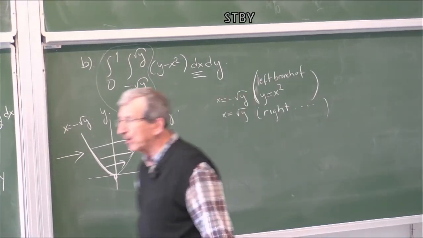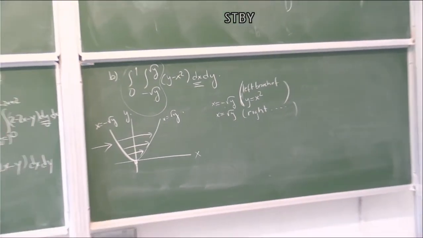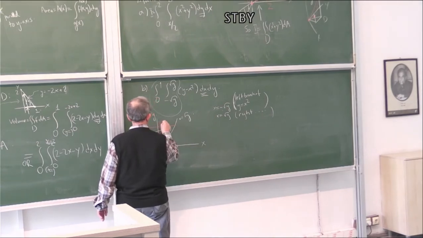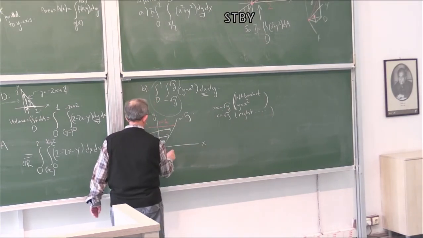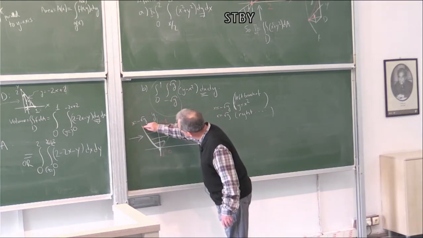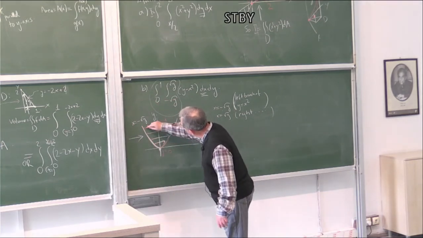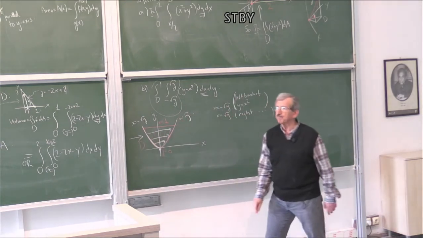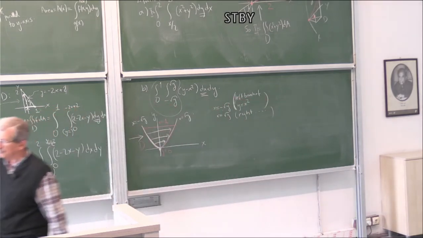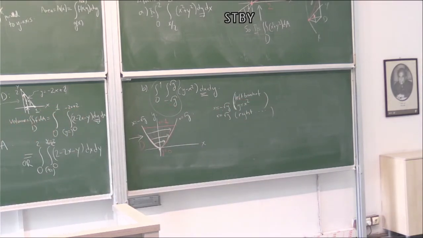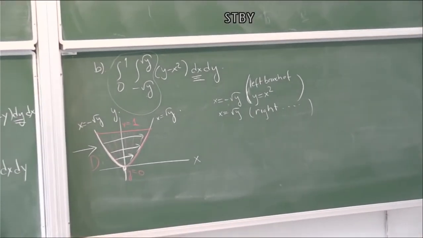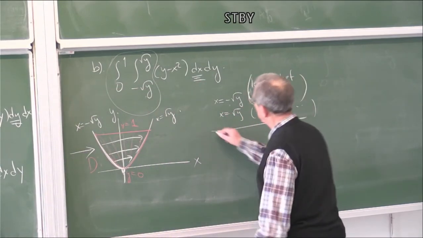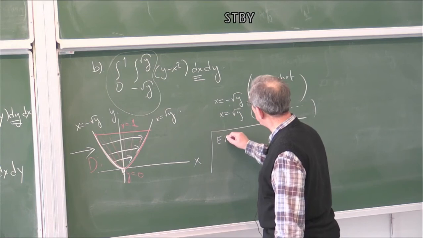Okay. So when we put that in our picture, we have this one, and it says our D becomes this. Okay, this was the easier part of the problem. So I leave the harder part